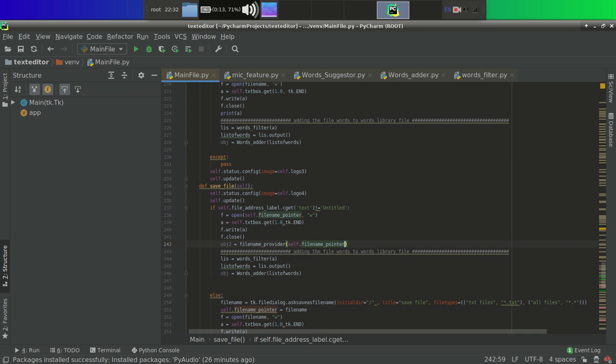No, actually yeah, this file name pointer will hold the name only, it will not hold the path. Keep in mind, it will hold the name only. Suppose that I am in root and then I am in images and I am in documents, and then my file is my.txt. Then it will hold only my. It does not hold the values of address.